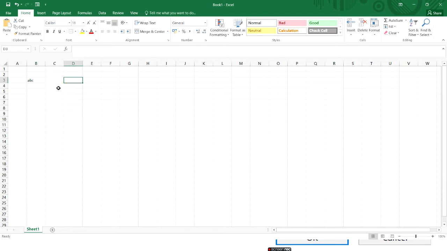Similarly, if you want to enter any number, what happens? Numbers are appearing on the right side in the cell. Then, if you want to display a date, the shortcut key we have learned is Control, Shift and semicolon, and thus the date is appearing.